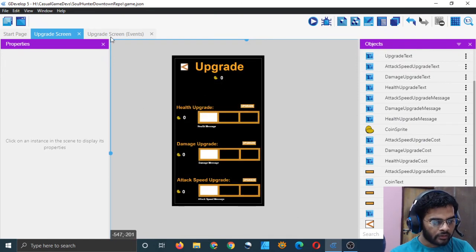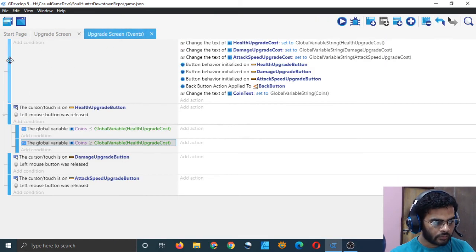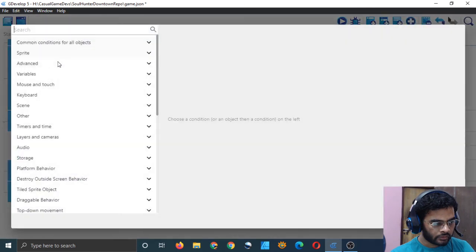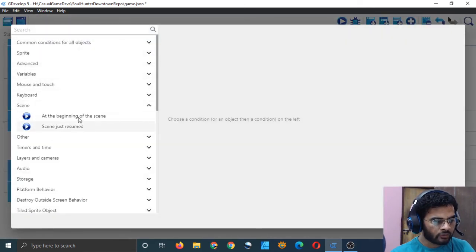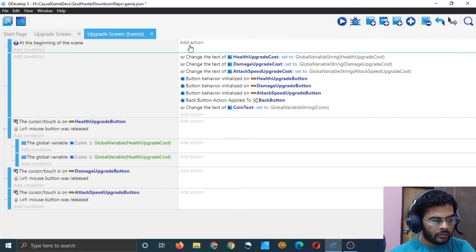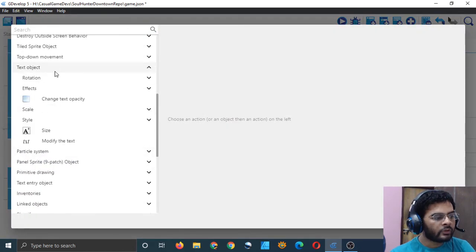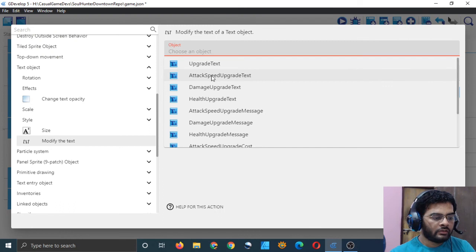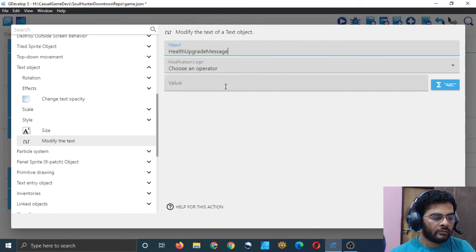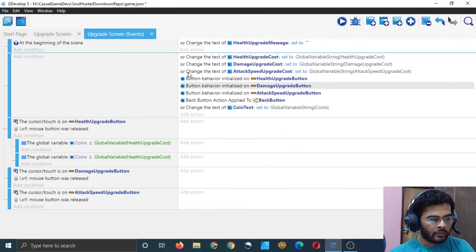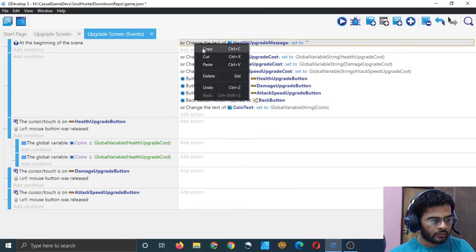So I have added these, and on runtime, actually when the scene starts, I will just put the text value to blank, and text object, modify the text. Which one was it? Health upgrade equal to blank, and same thing for others.